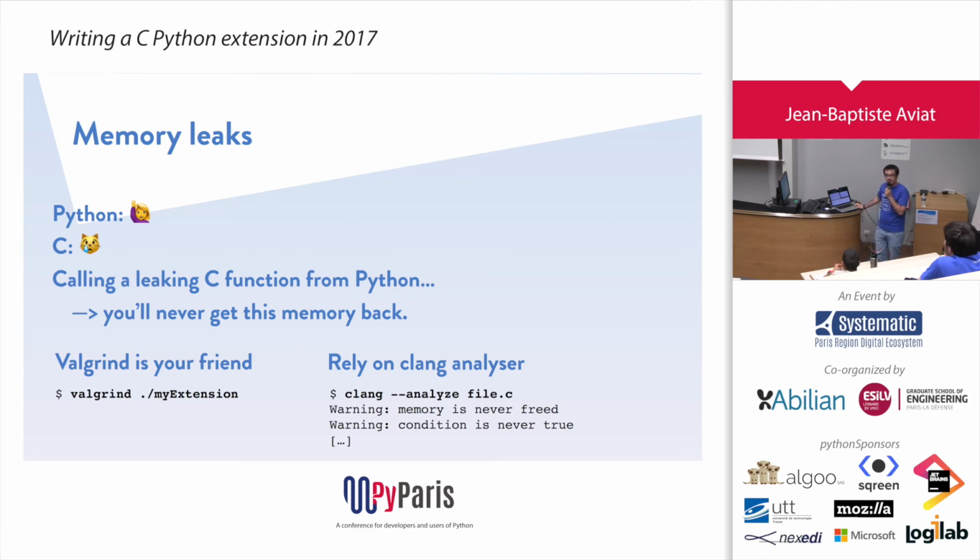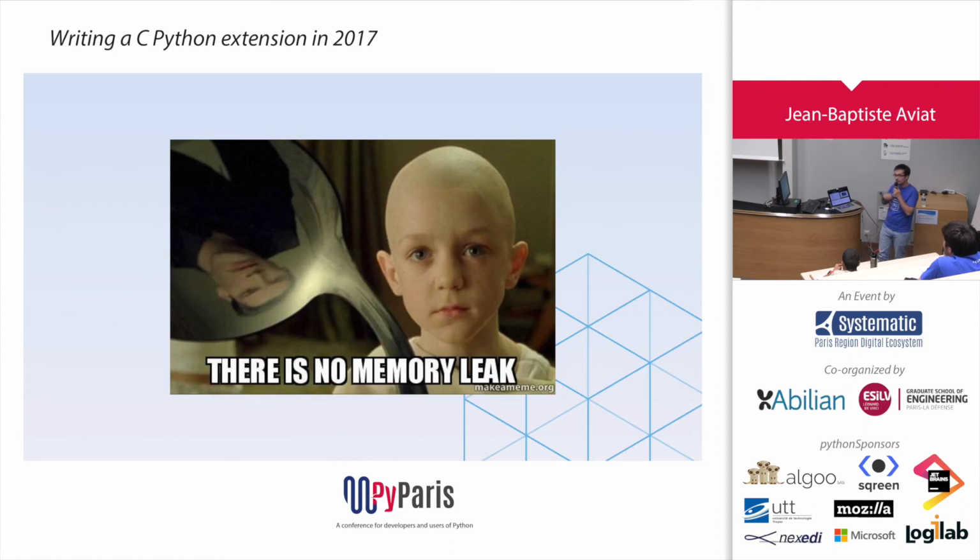So what are the kinds of issues we can face when we use C code? One of these is memory leaks. In Python, no matter what, memory leaks are quite limited. You have a garbage collector, so you can have recurrent issues. You can have trouble with memory, but usually it's not as bad as it is in C.